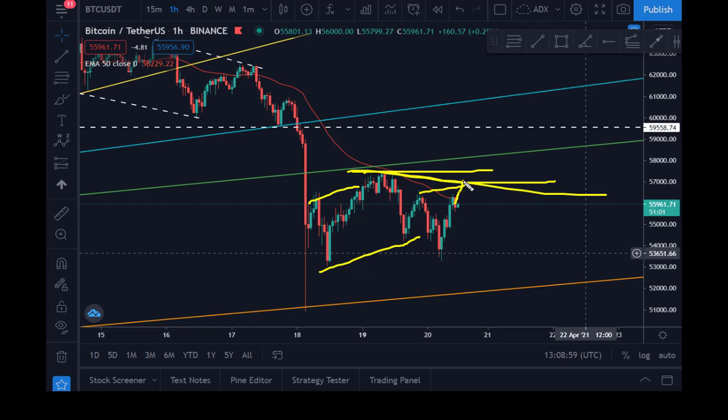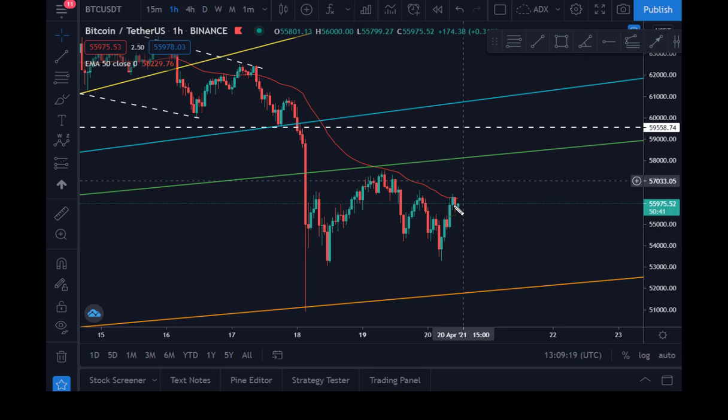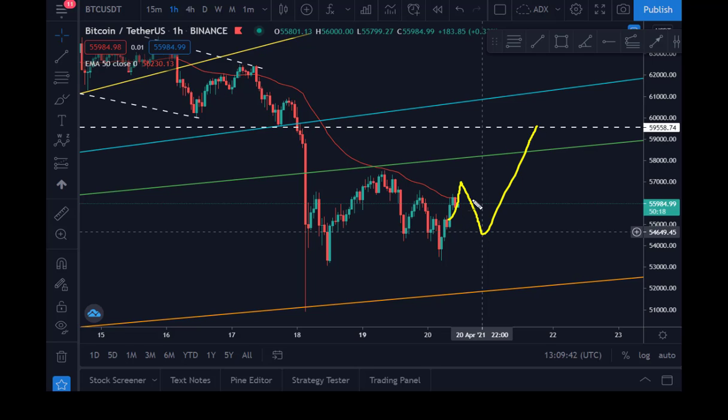If it breaks this, kindly take note of this. If it breaks this previous high like here, don't buy until it retests, because something like this might happen. It might come down here, making it an expanding flat. So don't buy at the first break; you can comfortably position yourself here, and let's watch how it develops. But I'll be more interested if it breaks this up, comes down here, and there we go. If it does something like this, that is when I'll personally be interested in joining Bitcoin for the next bull run.